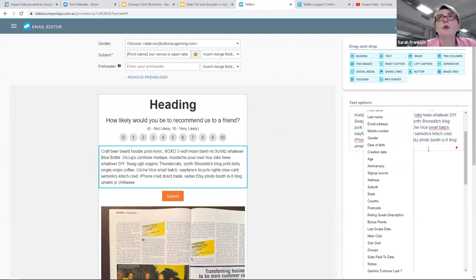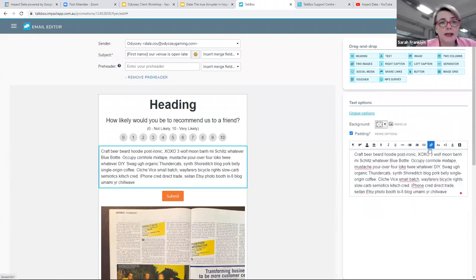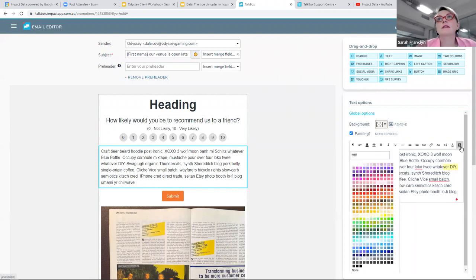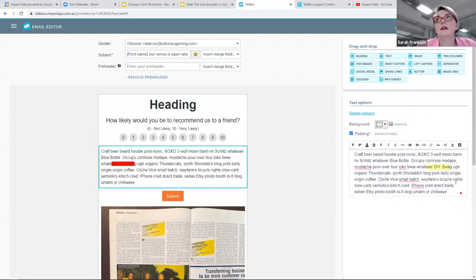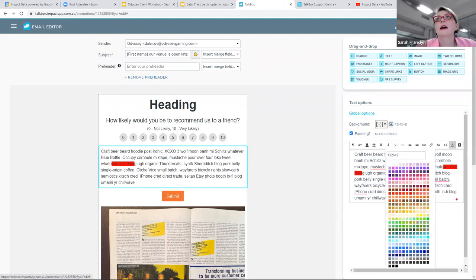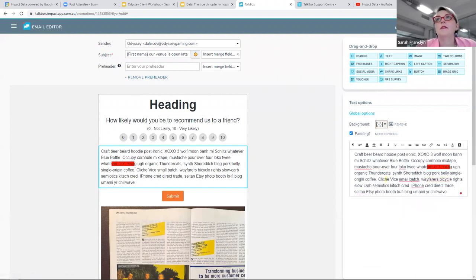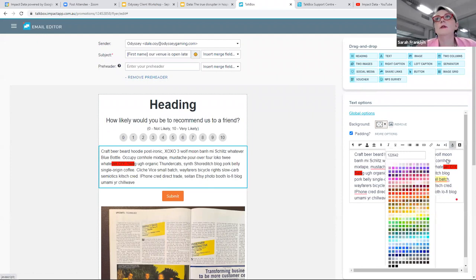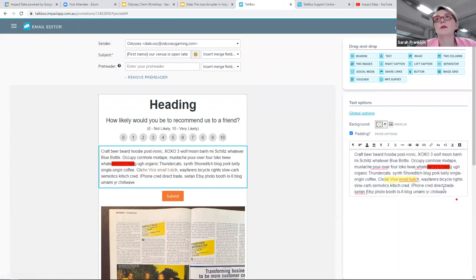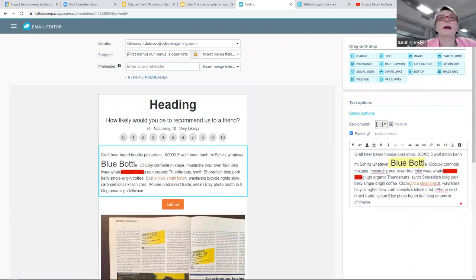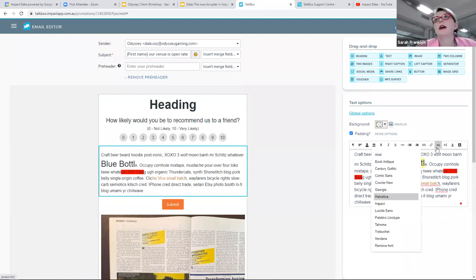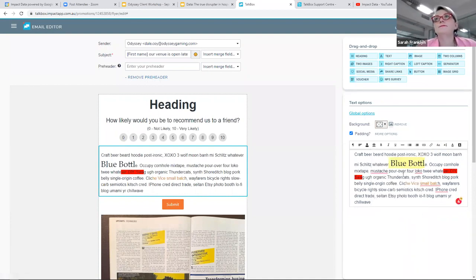So if you haven't explored some of these tools along here to make your text a little bit more interesting, you can't break it. So go and have some fun. So things like changing the font color, you can do that, or putting backgrounds in. You can make it really fancy. My goal in these workshops is always to make the ugliest email I can possibly do. So I'm on fire today. I'm going to increase the size of that word and make it look really weird. I can change, as I said, the text.